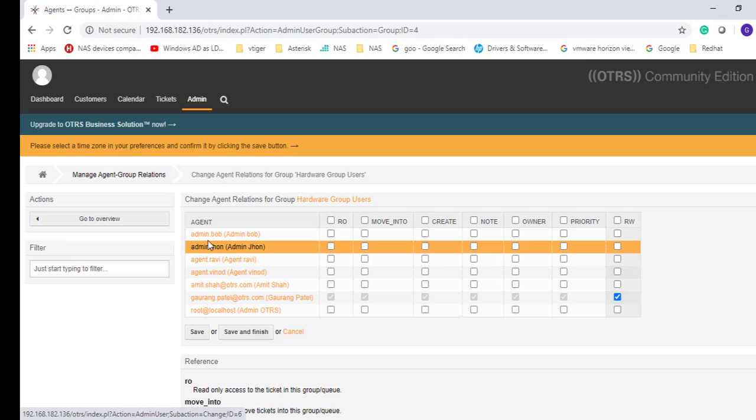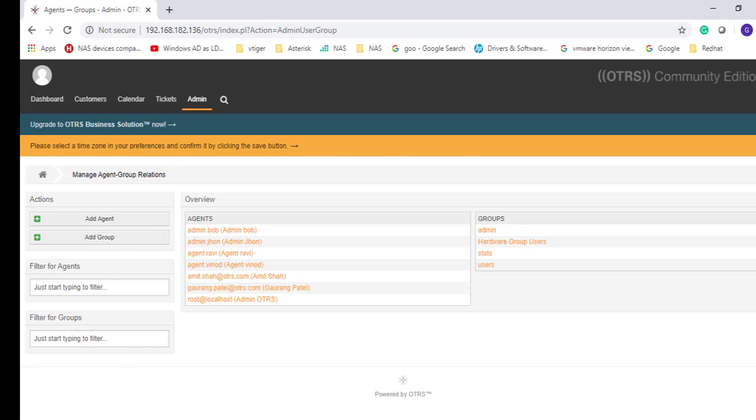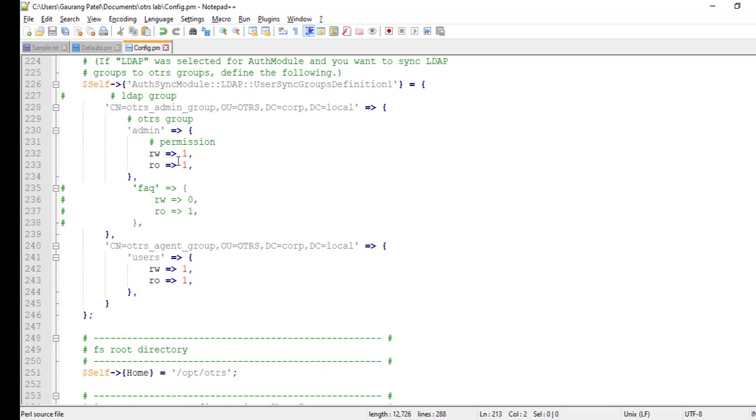I want to give admin read write permission on this group, as well as Ravi and Vinod read write permission on this group. So let's go ahead and configure the admin section. So let's go ahead and copy.